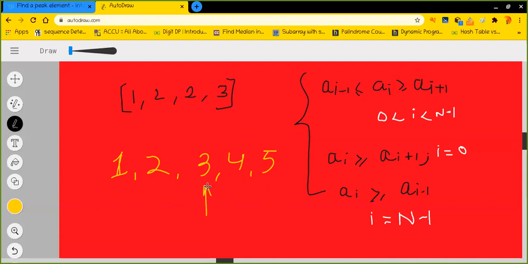Right here I see that I have a left neighbor as well as a right neighbor. When I see that I have a left neighbor, I have to check whether I am actually the peak element or not. When I check, 3 is bigger than 2, which is a positive sign, but is it also bigger than its right neighbor?